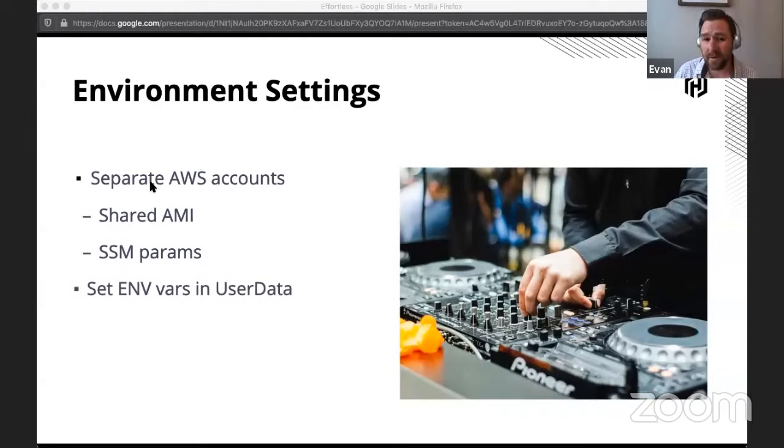So let's say we pull the SSM param, we can go ahead and set the environment variable in user data. Things like, let's say you want to push all your metrics to Datadog, you need to set your key differently in prod versus dev or whatever.